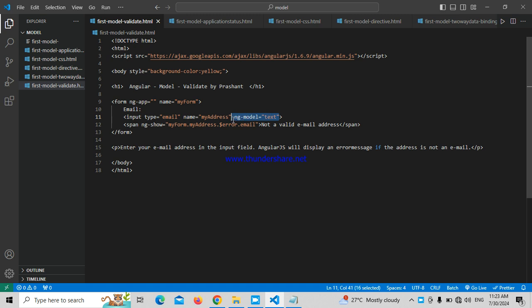ng-model text. So what is ng-model? ng-model is a directive which binds the value of an HTML control to application data. So if the email address is not appropriate, it will show that it is not a valid